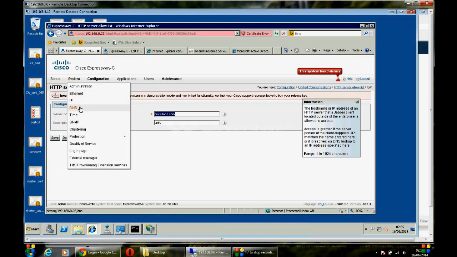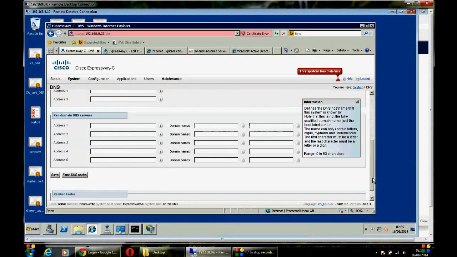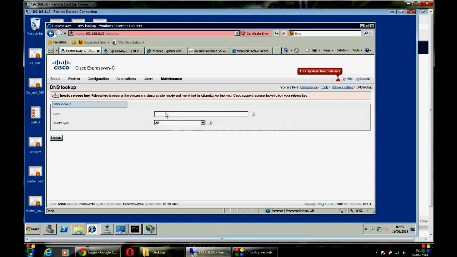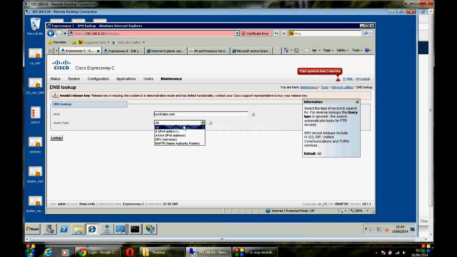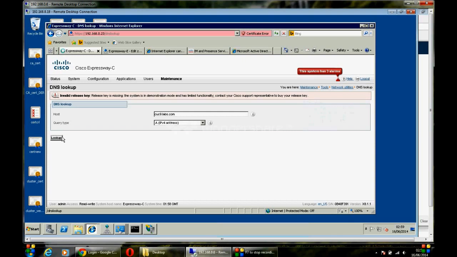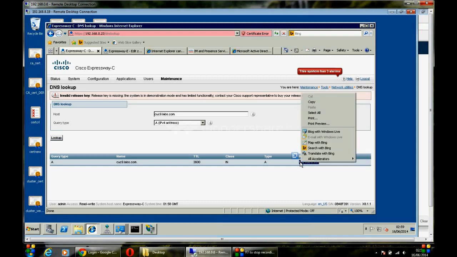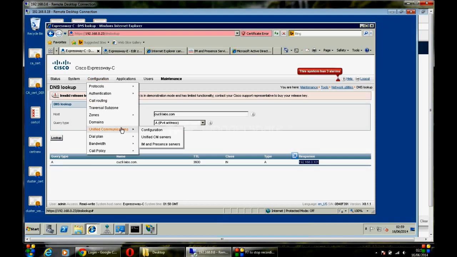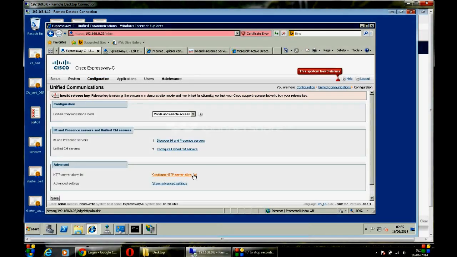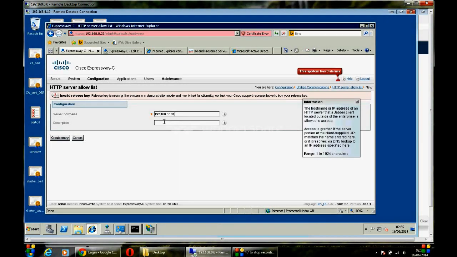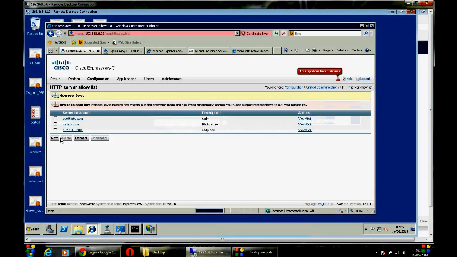Go to server, and we'll go to DNS, go down to query, DNS utility, and we know this is a record, and we say look it up, and it can't find it, but it looks like Java is trying to connect to the IP address. So go back to Unified Communications, and we'll go to HTTP allow list, and we'll add a new one, which is this, and we'll call it Unity Connection. Create the entry,